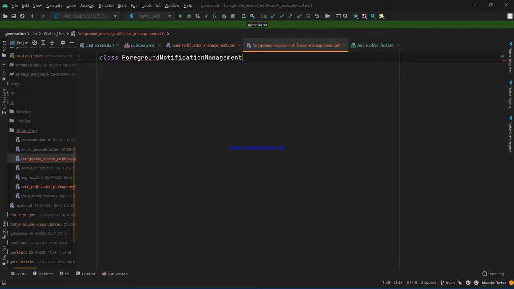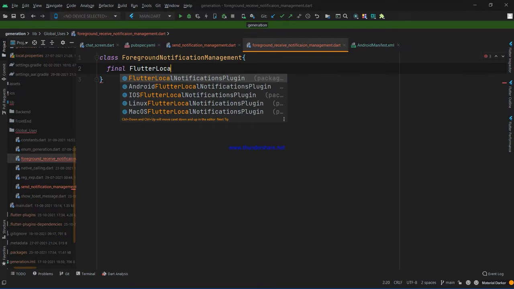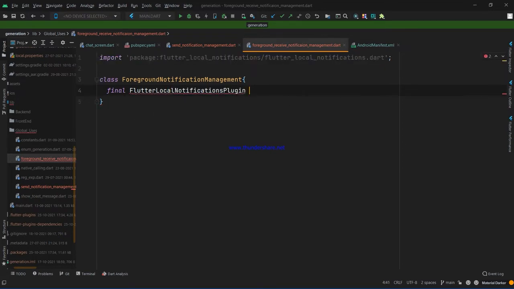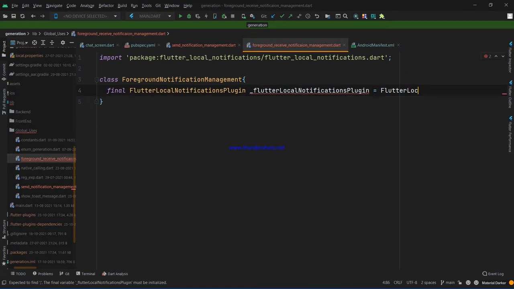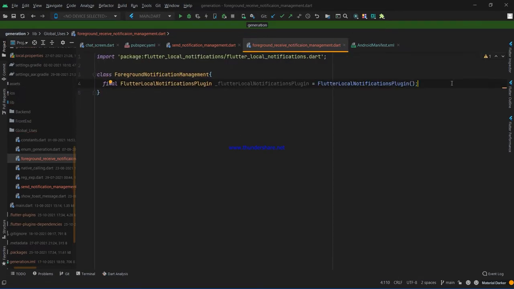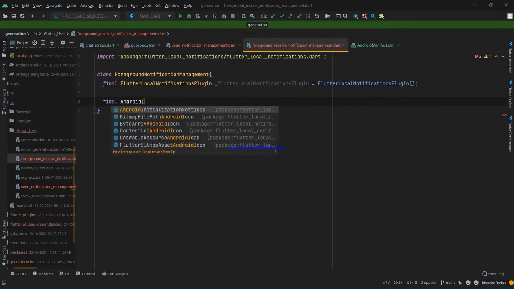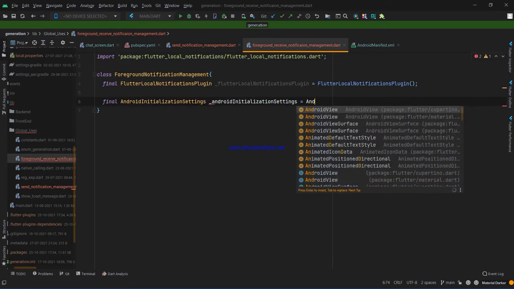Okay, here we have to make a new class foreground notification management. Okay, and then we have to use that class Flutter local notification plugin, okay, so I zoom out it for better looking. Okay, and then we have to initialize one more thing, that is Android initialization settings.